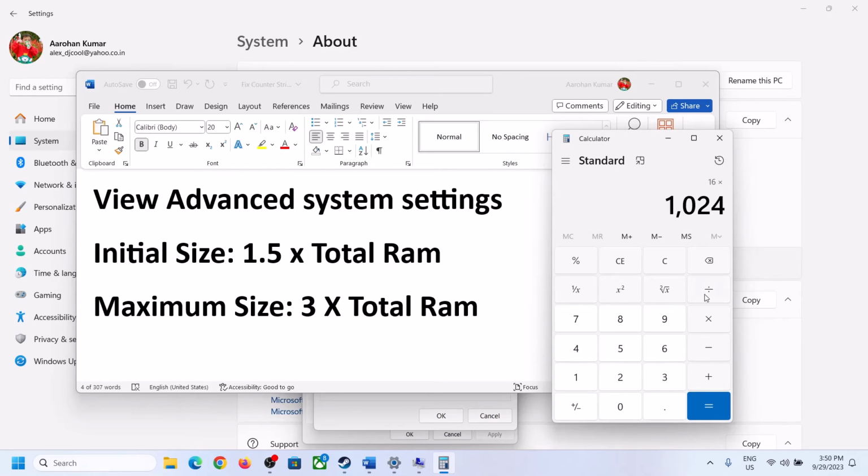So 16 GB in megabytes will be 16384. Into 1.5, that is 1.5 into total RAM. This is my total RAM in megabytes. Now 1.5 into total RAM, so in my case initial size is